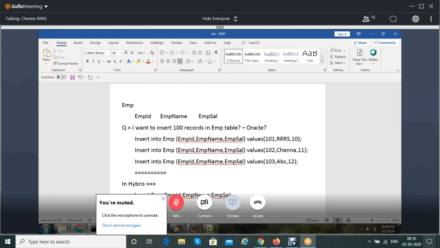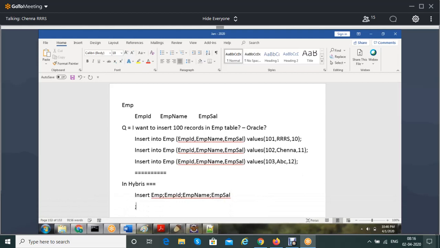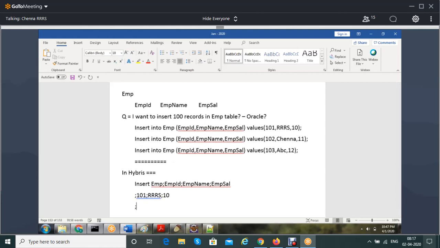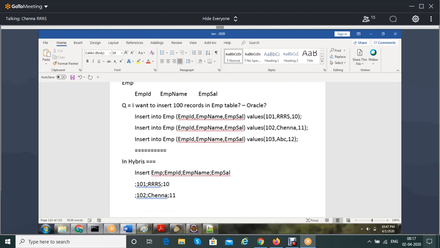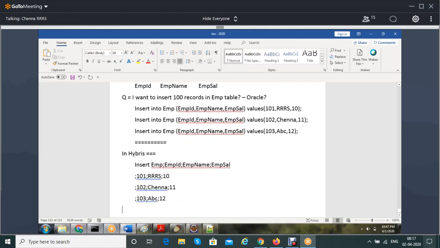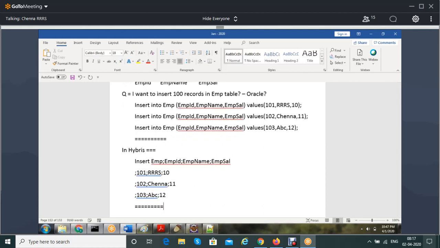These are the columns. Then you can mention the records: semicolon, 101, semicolon, RRRS, semicolon, $10 is the salary, semicolon, 102, Chenna, semicolon, $11 is the salary, 103, ABC, semicolon, $12 is the salary. Like that you can do.